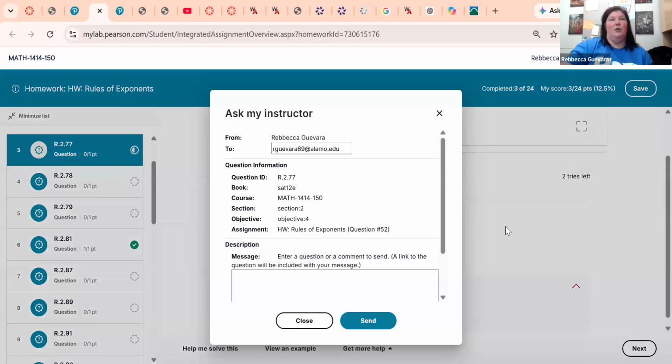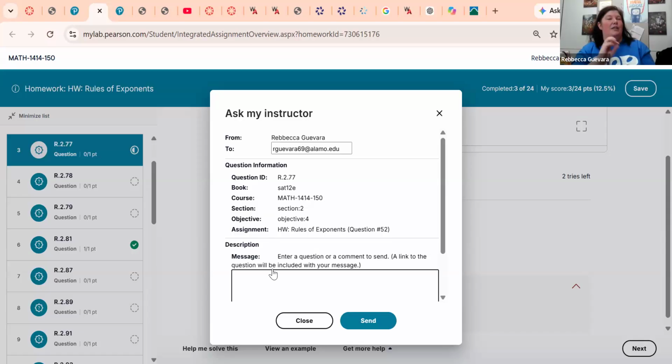This is the part I really want you to know about because if you get stuck on a problem, and a lot of times, I'll be honest, a lot of times, if you are not getting the right answer, it's not the question. It is probably something that you did, but you want to send it to me anyway. Because sometimes what it is, like you answered in the wrong format or you left a space in there or something like that. If you do things like that, I can go back and correct it or tell you what you need to correct. If you totally don't understand a problem, you can tell me what part of it you don't understand. So I always suggest that when you send a message, tell me what it is you have